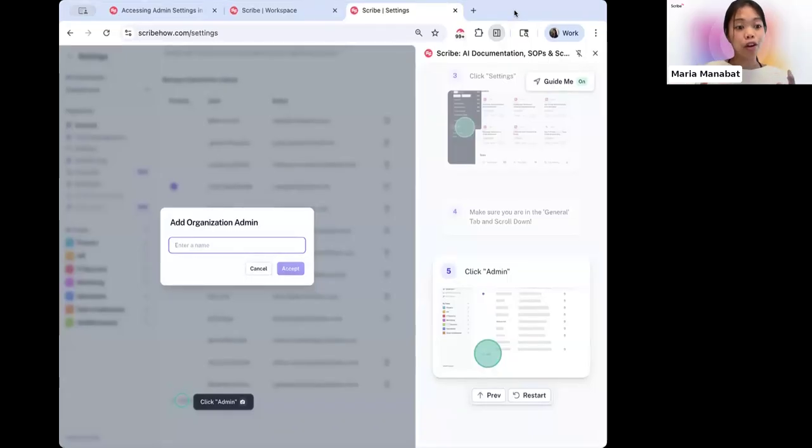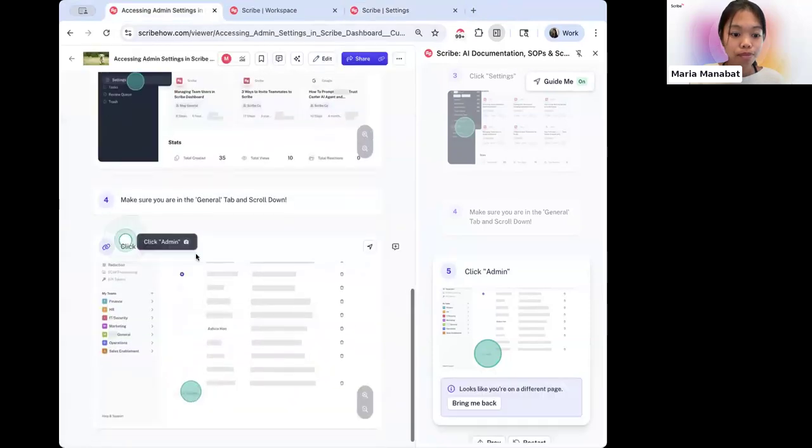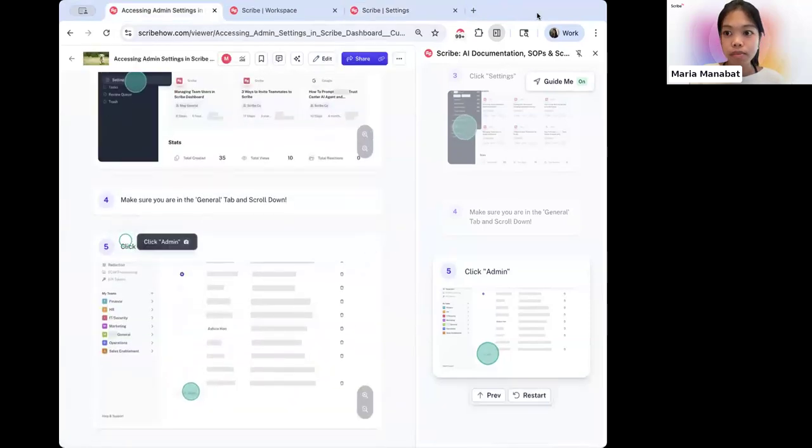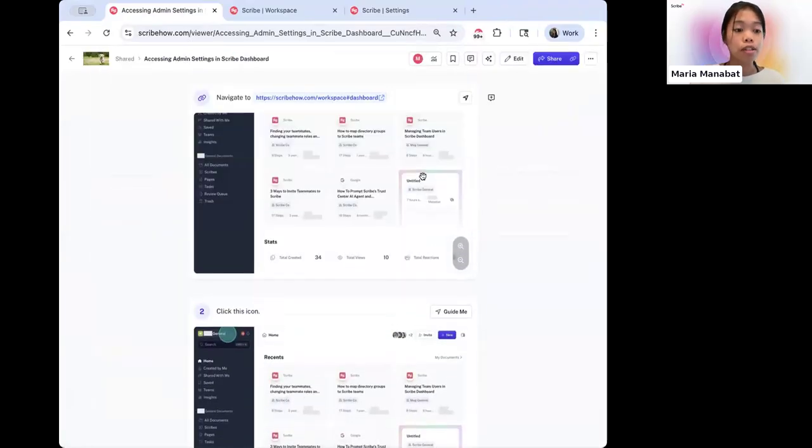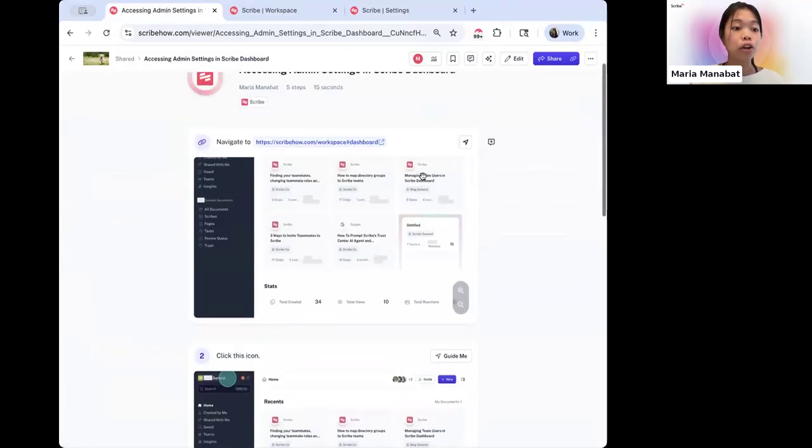I found that this was really helpful when I was onboarding, for example, into Salesforce, just starting this job. So this is really great for a bunch of different platforms. Cool. So Guide Me is a really great feature that a lot of our end users especially love, especially when you're going through training and onboarding in a new role, new company, whatever else.